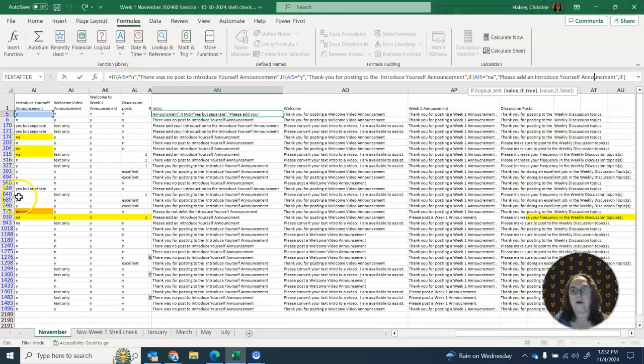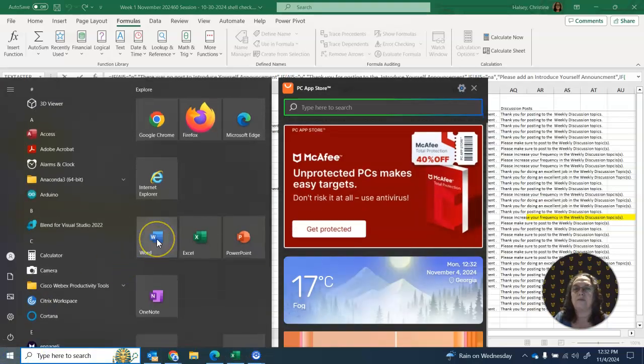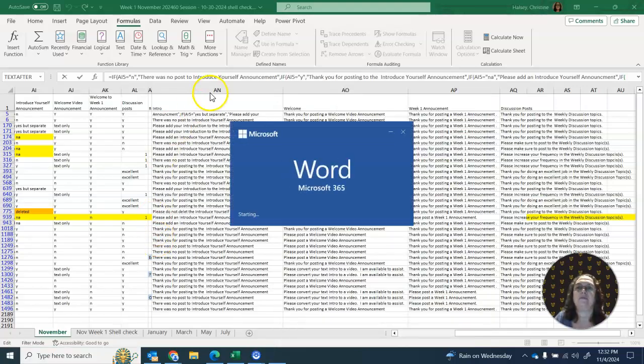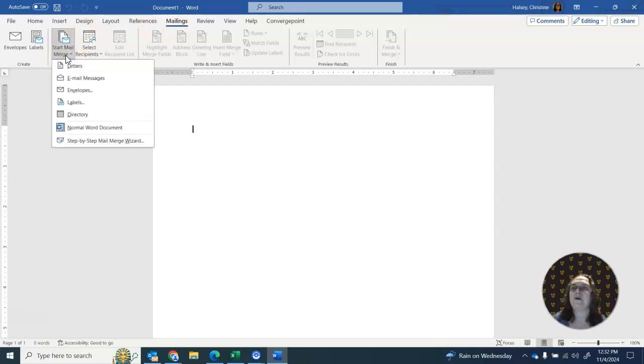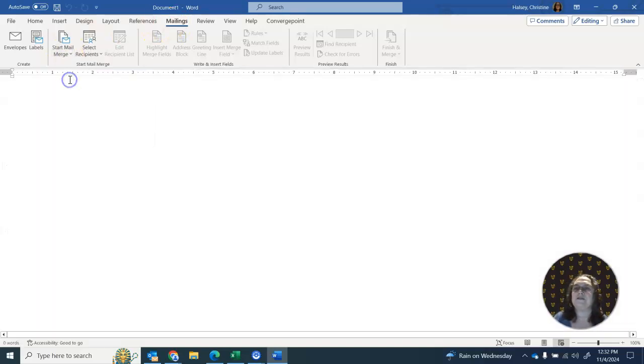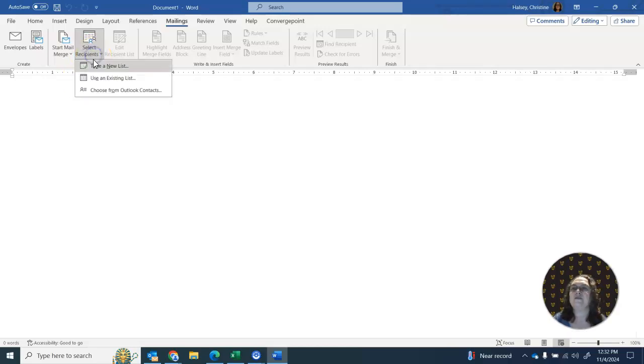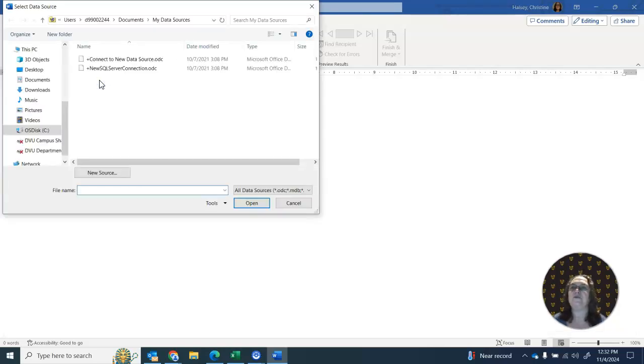The next part was to start a Word document, a blank Word document, and we're going to look under mailings and start a mail merge and go to email messages. Okay, then you'll want to select the recipients, and here we're using an existing list, the one we just created,